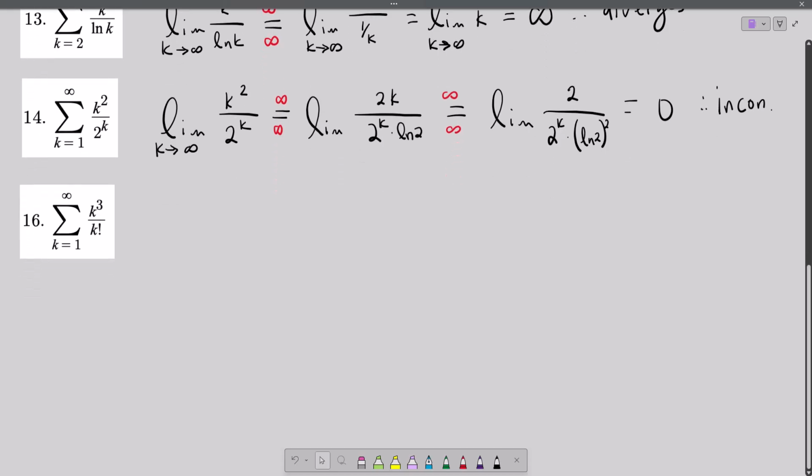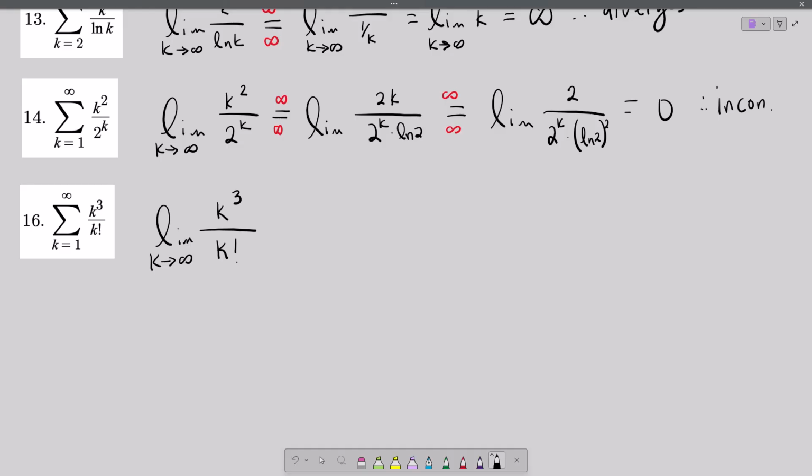Okay, now this one. Once again, we want to take the limit of a sub k. That's the first thing we think about in our mind. If the question is about divergence tests, then you have to write down some math. If the question is more general and it just says, does this converge or diverge? In your mind, you would at least run through this process. You don't necessarily write it down every time, but